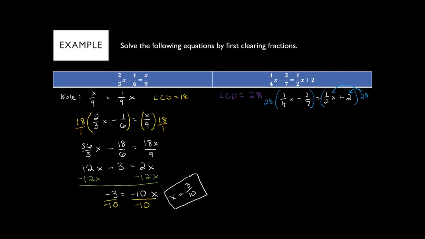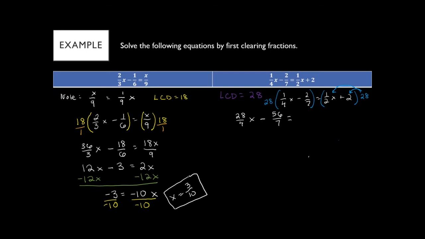So I'm going to start with the left side. 28 times the 1/4, that's going to be 28 over 4x. Then I'm going to do 28 times the -2/7. So that's 28 times 2, which I think is 56, but I'm going to double check. Yeah, it's 56. So I'm going to have a minus 56 over 7